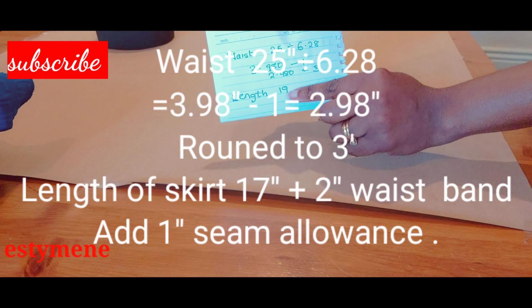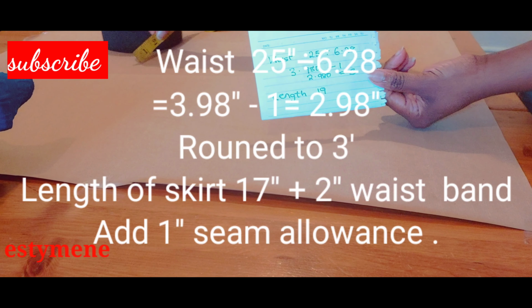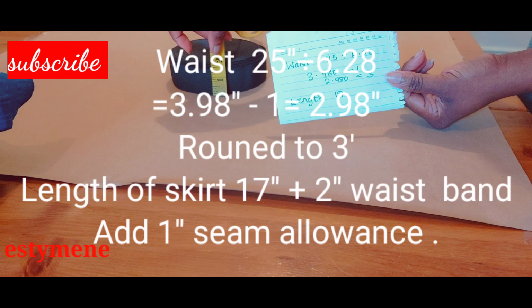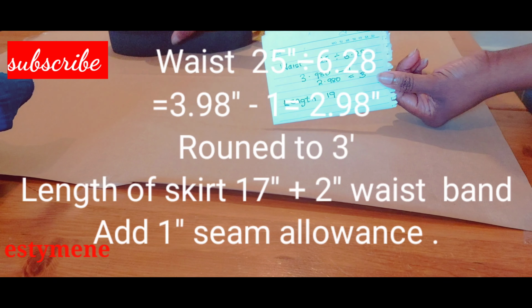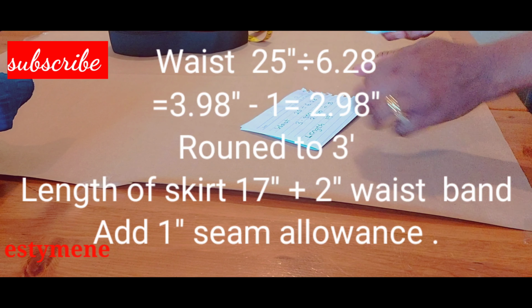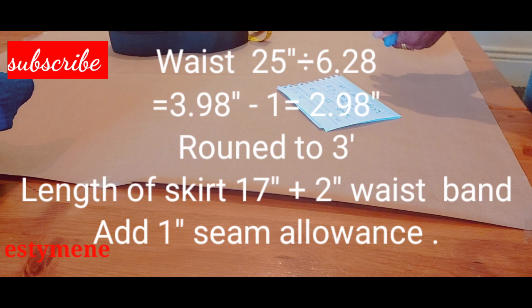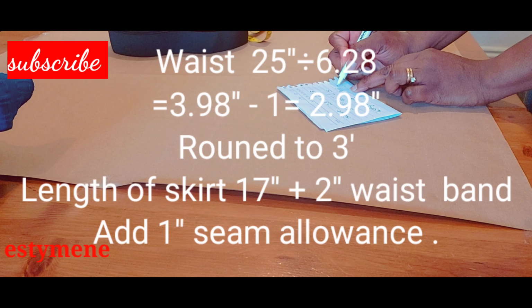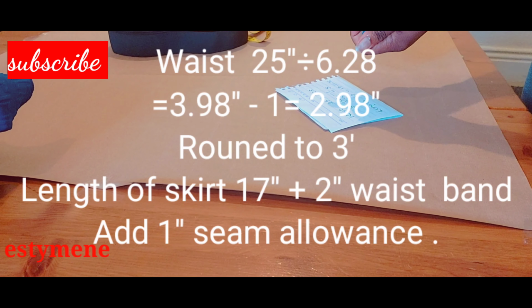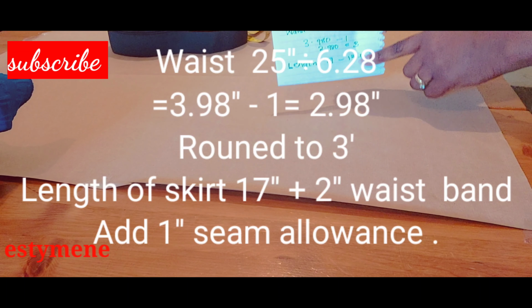The length of the skirt is 19, but the waistband is around 2 inches, which is this. As you can see, 1 inch and a quarter, but I'm going to be taking 2 inches out of this. So the length I'm going to be getting is 17. I'm going to be taking 17, then adding 1 inch seam allowance, it's going to be 18. So I'll be cutting the length of the skirt 18